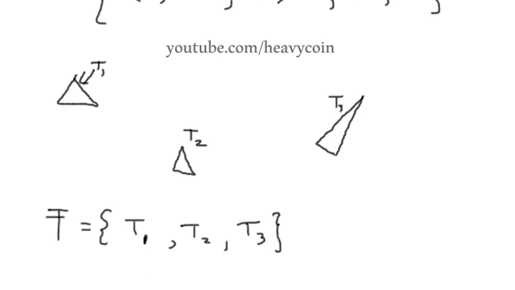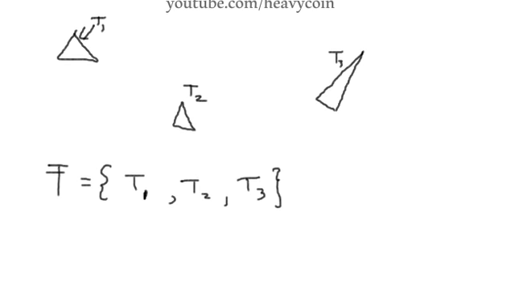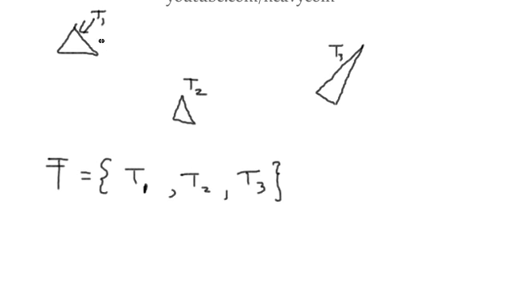Now, I might say that T1 is related to T2 if, in other words, this object is related to this object if they both have 3 sides. So we'll define our relationship as two objects, object 1 and object 2, are going to be related if